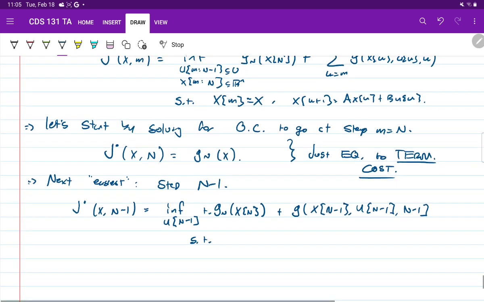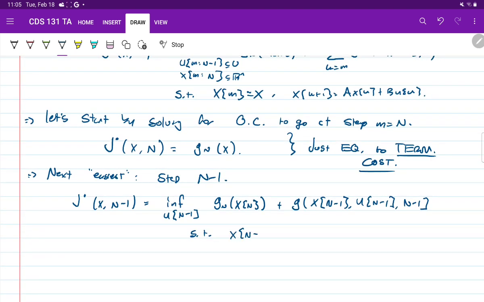This is subject to the constraints of x at n minus 1 equals x, right? The input to my optimal cost to go. And x at k plus 1 is equal to ax of k plus bu of k. All right? Let's kind of reorganize this cost function and see what we can tell, right? First, what I'm going to do is I'm going to just kind of substitute these constraints into the objective, right? That way we could eliminate the constraints. So everywhere I see xn minus 1, I'm going to put an x. And everywhere I see kind of an xk plus 1 looking thing, I'll put in this axk plus buk, all